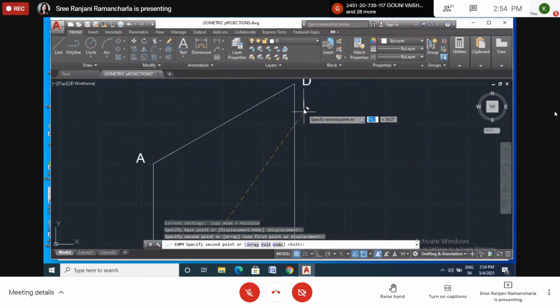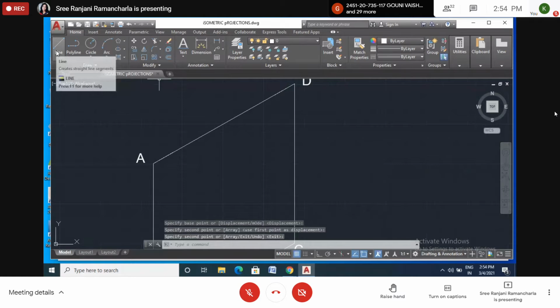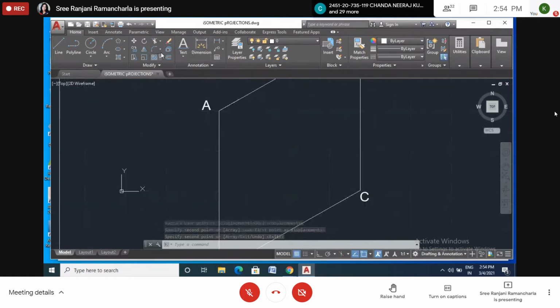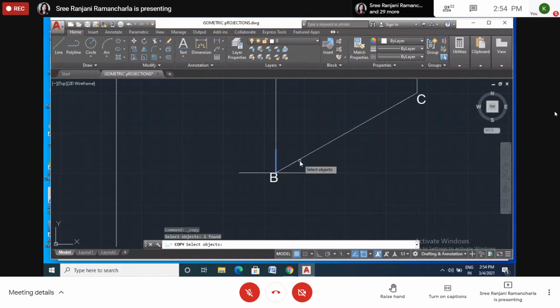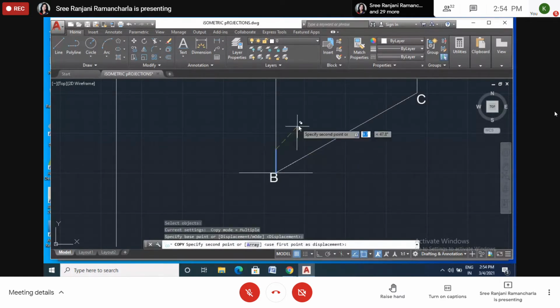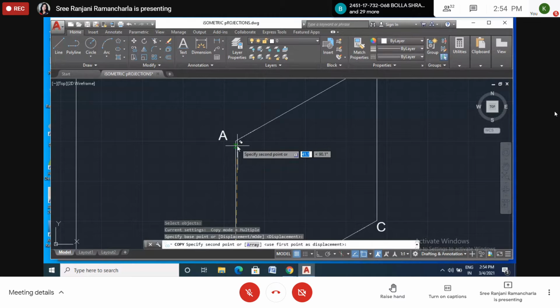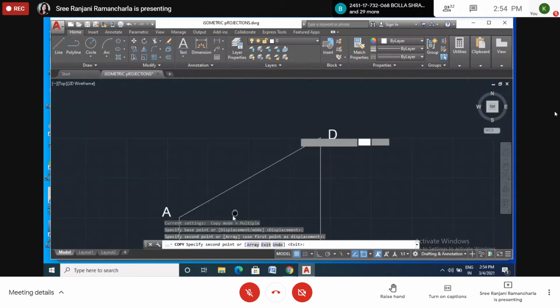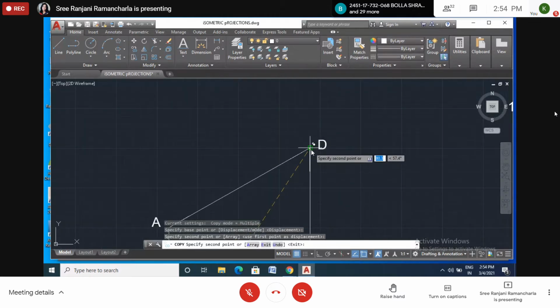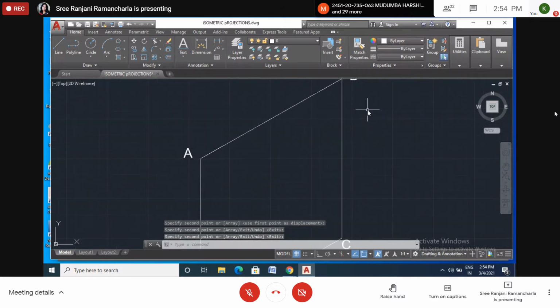So here also I cannot take exactly, so what I do is copy, but I will take another displacement. Okay. This one, enter, so that I can. Okay. Now it's over. Now we have all lines.